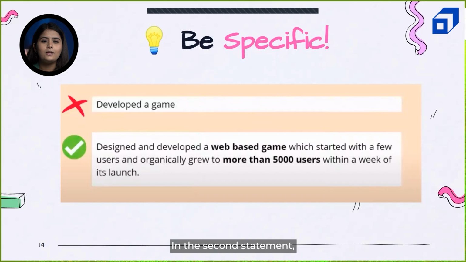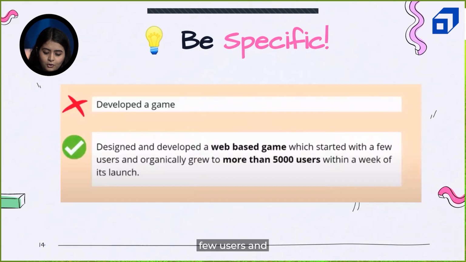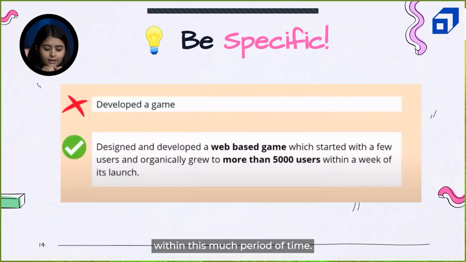In the second statement, if you notice, the candidate is telling the entire background, like okay, the impact of developing this web-based application was that it started with few users and that scaled up to 5,000 plus users within this much period of time. So you have to make sure that you are telling the impact of the work you have done in a very crisp and organized manner.